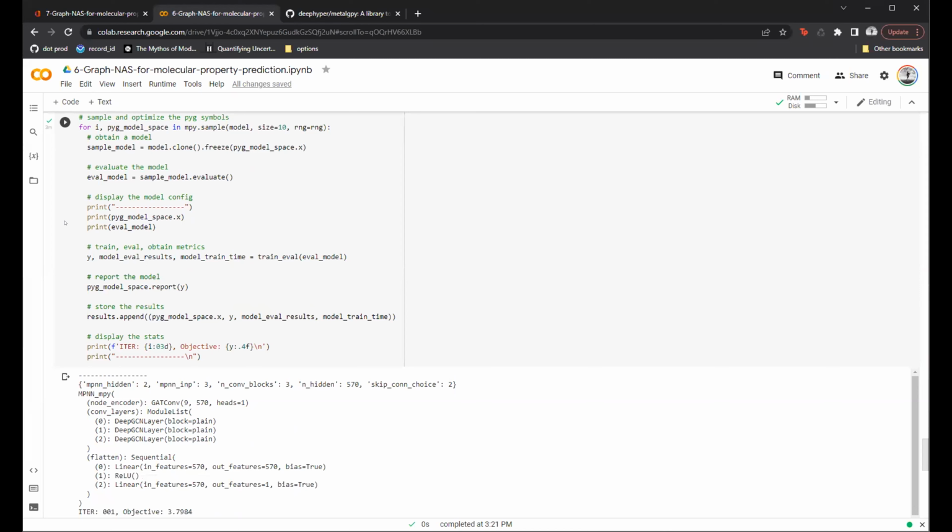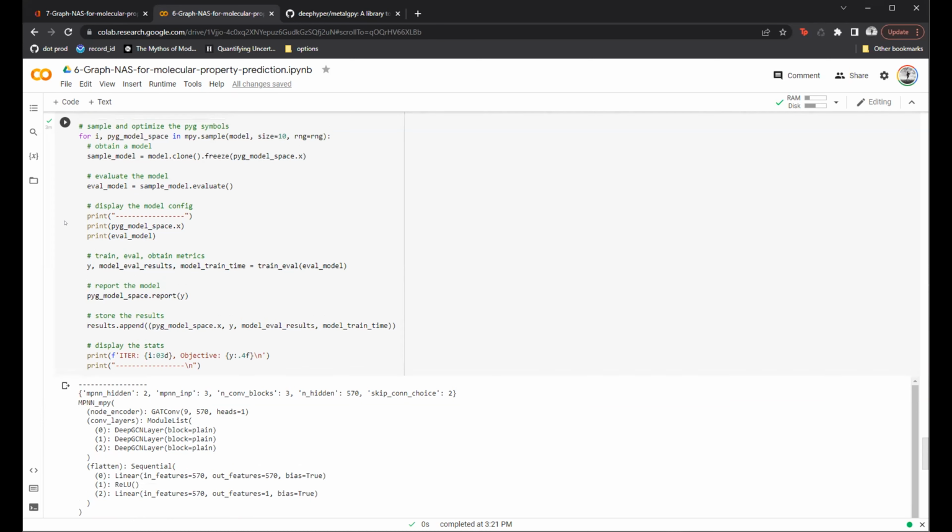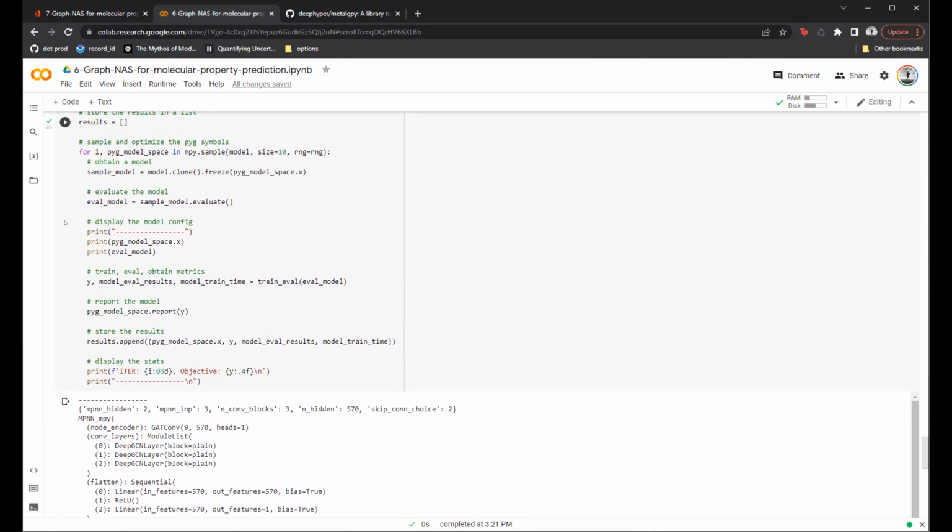So Ian, I can take this question. This is independent of the backpropagation. Think of it this way: backpropagation happens after you create the program from the template. So you have the template, you have the search space, the Bayesian optimization selects a parameter configuration, sends it to the template, and from the template you generate a program. That program is, let's say, TensorFlow code or PyTorch code. From that code, you do model training and get the validation loss, and you send only the validation loss back to the Bayesian optimizer. So the backprop or the number of layers are all independent of what is happening at a higher level in the meta-algorithm.